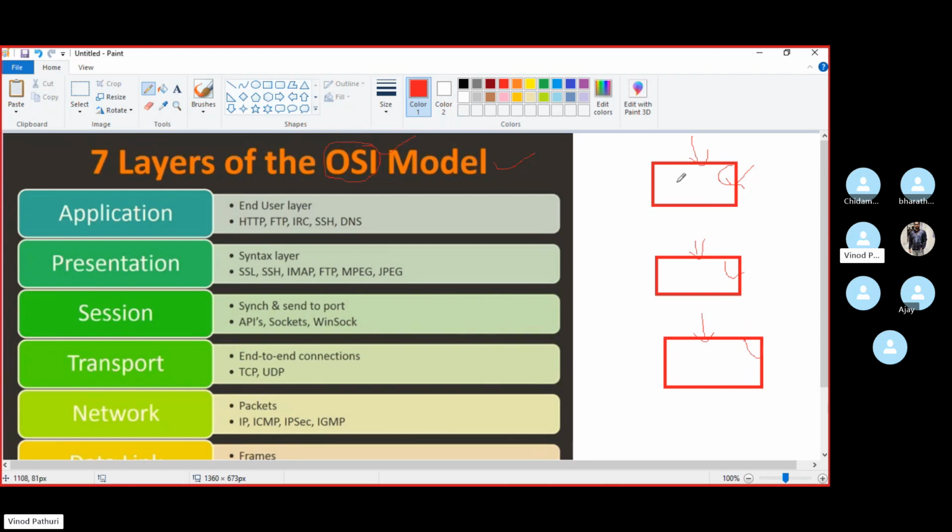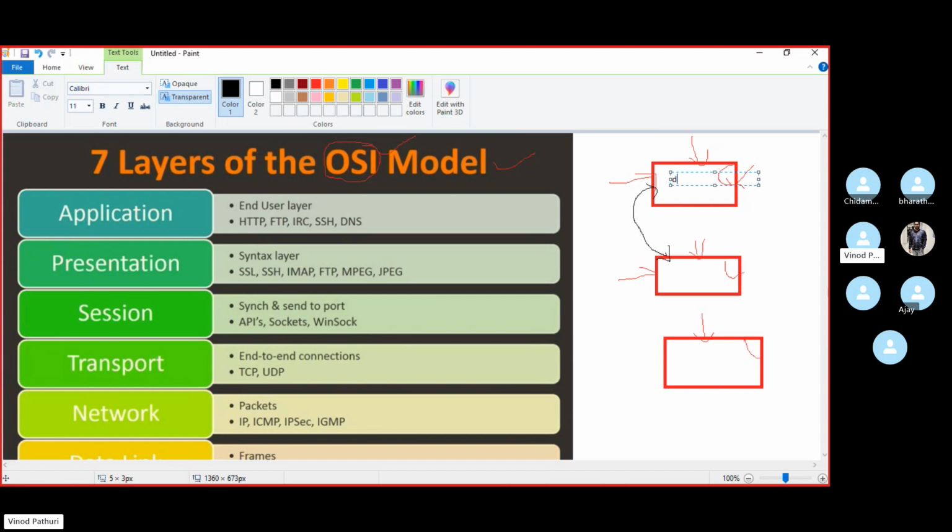Suppose you are using your own product, and if I want to connect between a Lenovo and a Dell laptop, we face some difficulty. If you are using your own standards and I want to connect these two laptops, just let me know if you are not understanding, because this is a basic and important topic.